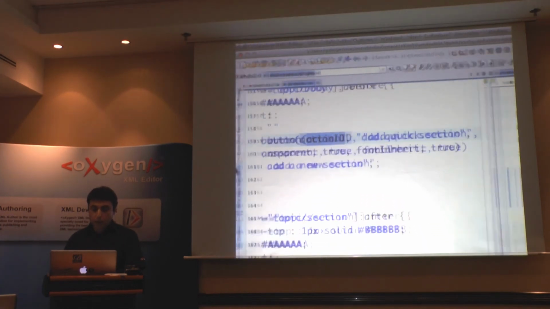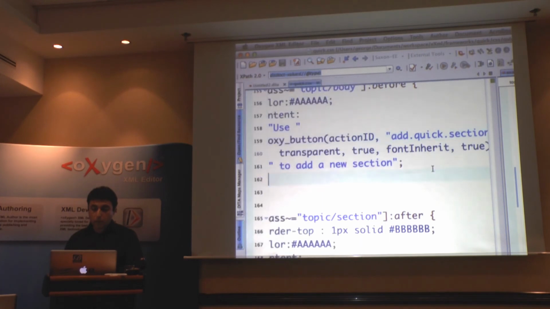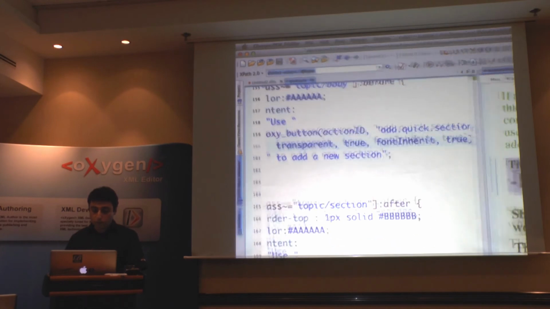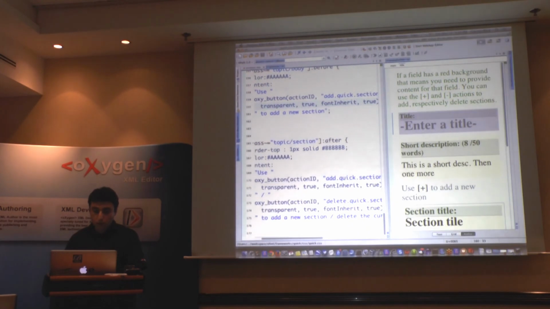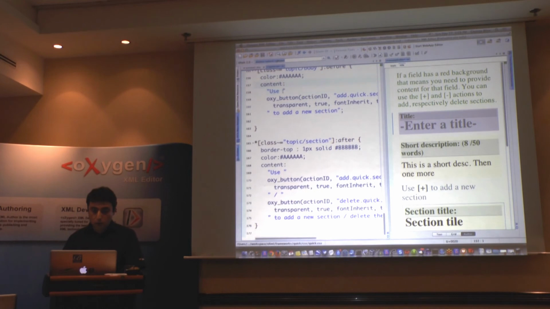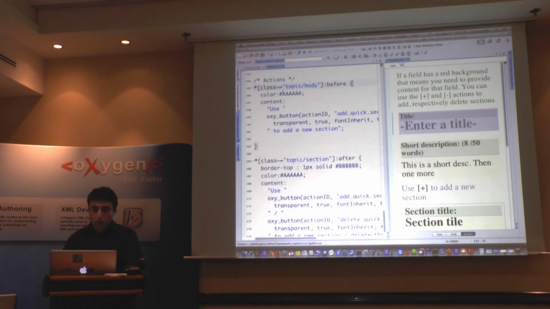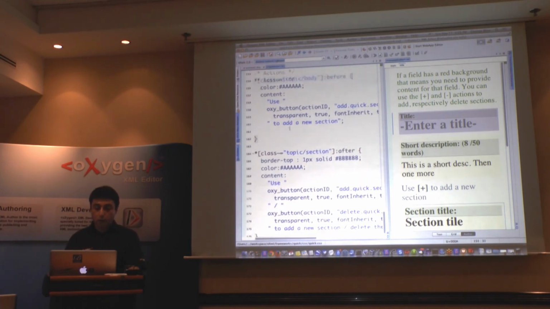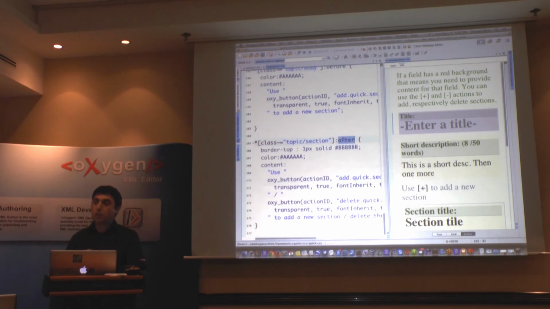Then in the CSS, I say oxy button action ID add quick section. And that makes this action available in the content of before body or after a section. Right? So after a section, we also have the delete quick